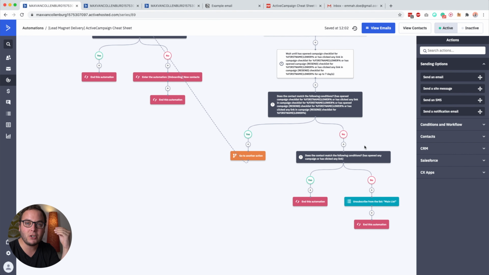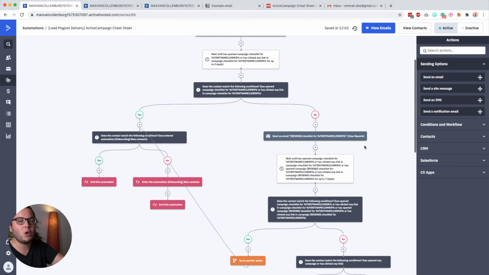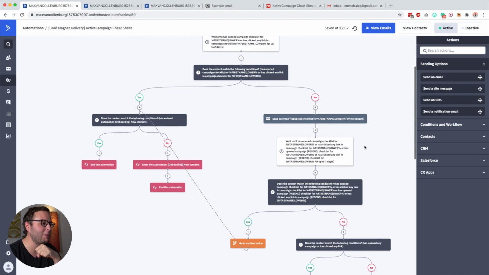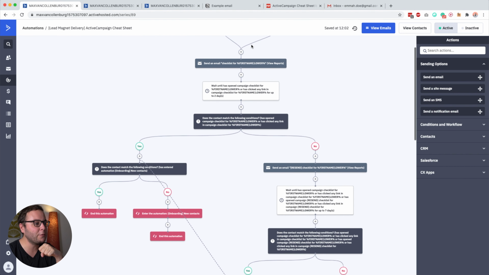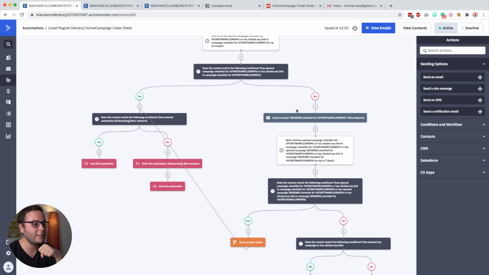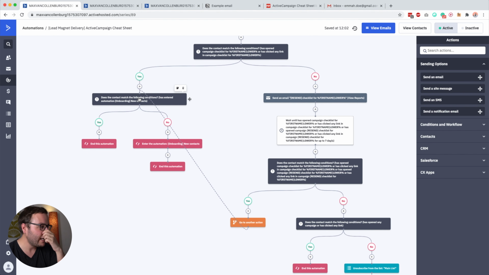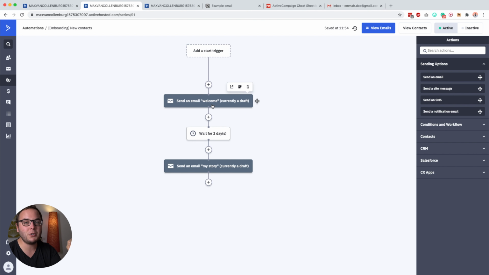So we just do that to make sure that maybe they were already in other automations, maybe they were in your list for a while and they just didn't open these 2 emails, then we really do not want to unsubscribe these people, right? Now, if they interacted with the first email, they continue over here. Or if they interacted with the second email, they will also continue over here with the go to other action. And then we just check, did they enter our onboarding automation? If yes, we do not want to add them a second time. If not, we want to add them to our onboarding automation. And with our onboarding automation, we just send a sequence of some emails. And if you want, you can also go really crazy in there with if else's and personalization.